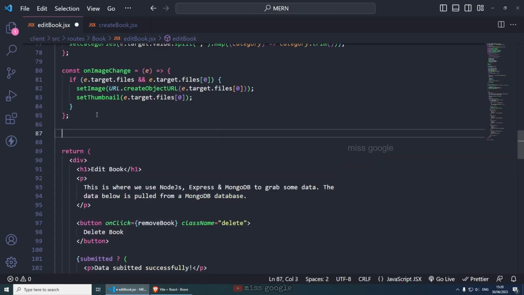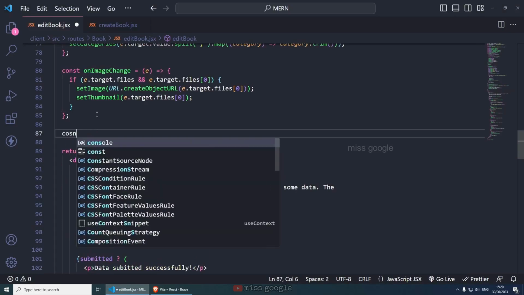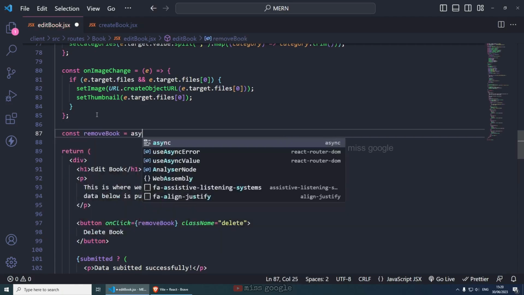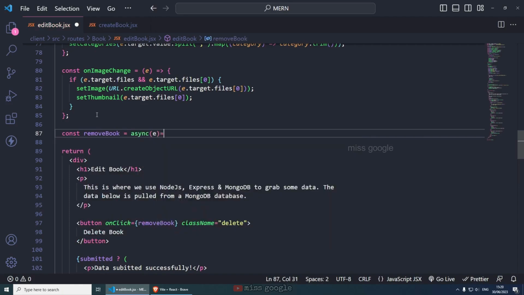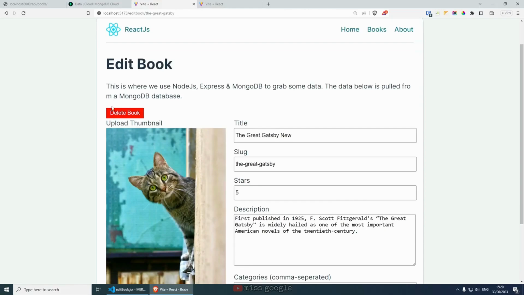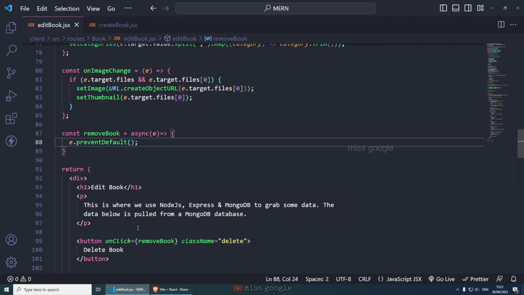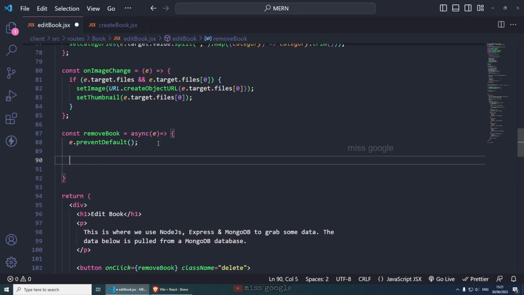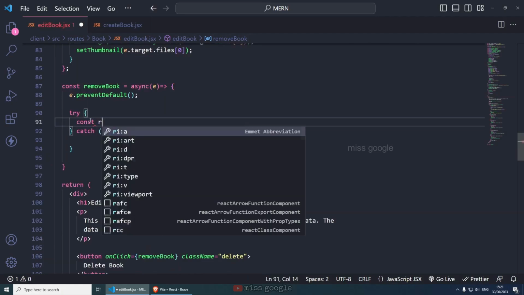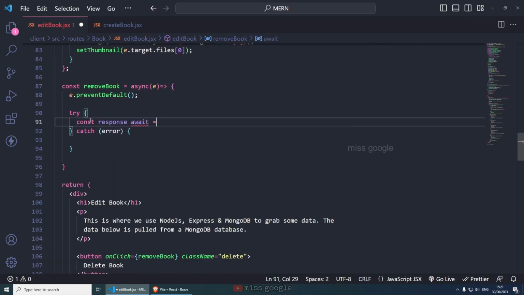So let's create this function here. Const removeBook. And then this is going to be async event. And then we need to prevent the default. So e.preventDefault like so, and save. Let's see. It's not very pretty, but that should do the job. So delete book. When we press it, we want to go to the route and delete the specific book. A try catch here. And then inside the try, we can do const response equals await